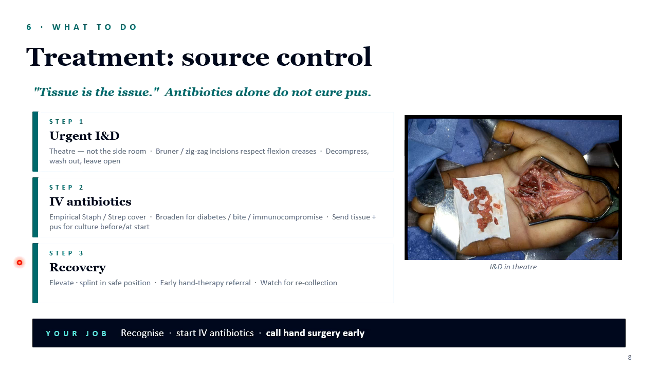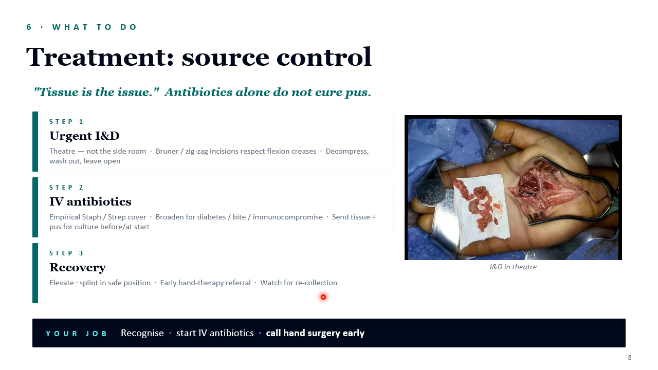Next thing that we would do would be recovery. So you need to elevate the patient's hands, splint them in a safe position, which is usually the intrinsic plus position, and you need early hand therapy referral. You'd also need to be very vigilant and watch for recollection. You can sometimes secondarily close these, or sometimes they do need plastic surgical interventions